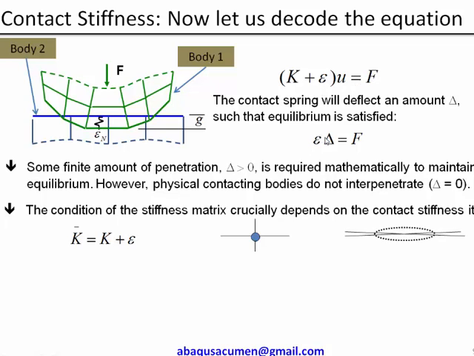As the contact status changes from a point contact to a line, your contact stiffness also goes on increasing, which changes the overall contact stiffness. This is why most people call the contact problem a highly nonlinear problem. What I mentioned is that the condition of the stiffness matrix crucially depends on the contact stiffness itself, and contact stiffness changes with a change in contact status. From no contact to contact or multiple contacts, your contact stiffness changes, and as it changes, the overall stiffness of the structure changes.